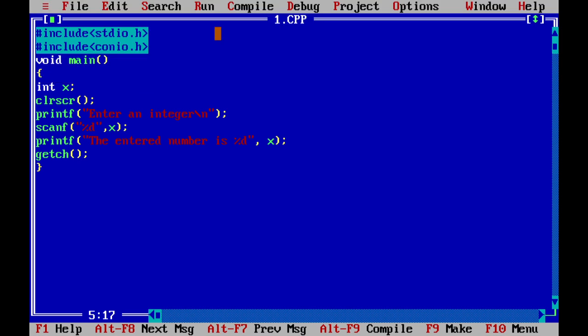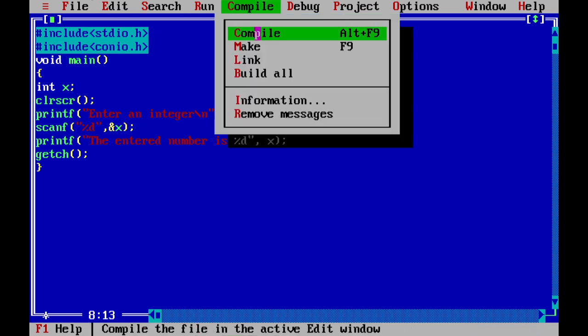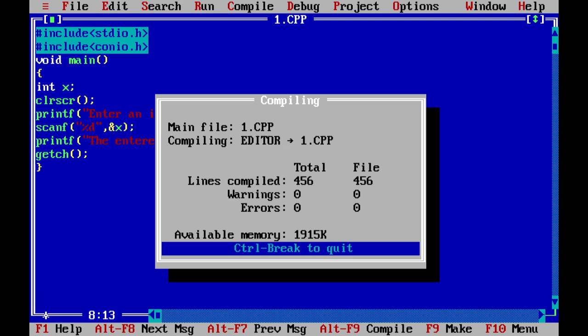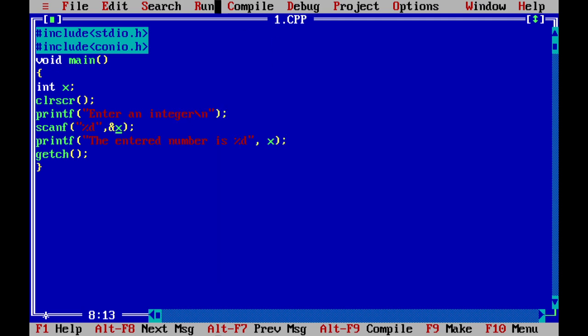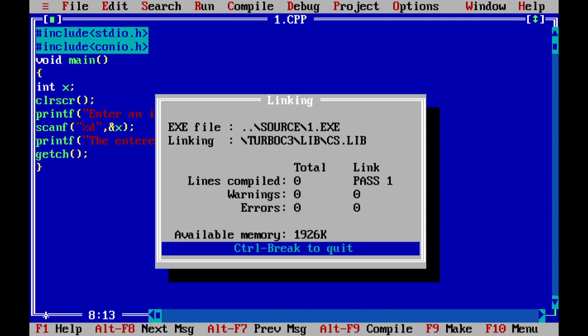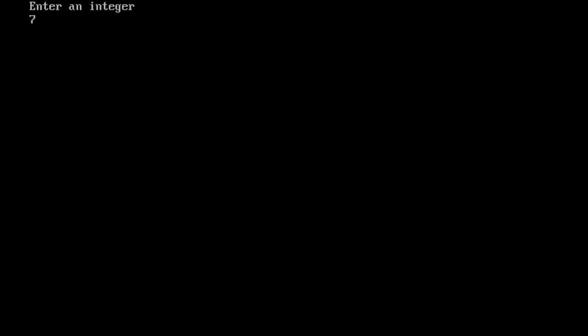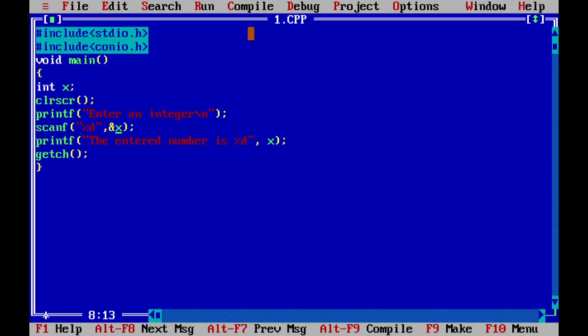Let me see what could be the mistake. Here the mistake is that the ampersand should have come. So the ampersand will set right the problem. I'll compile again. Then I'll run the program. Now I put 77. The entered number is 77 has come. So the result is correct. Now I go to another program. File,